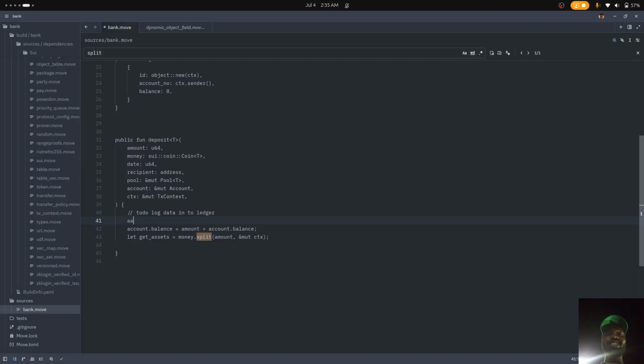The way to do that is by doing this simple check: account number, make sure it's equal to the recipient. This is how we start it. If it's not